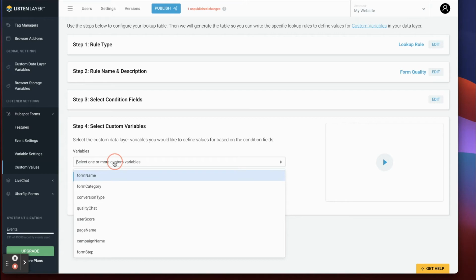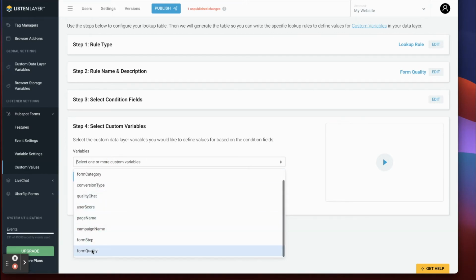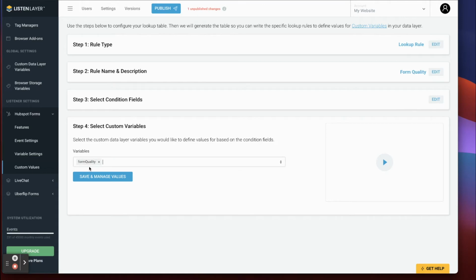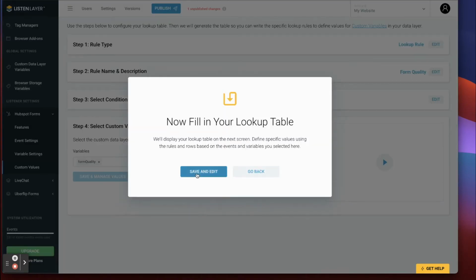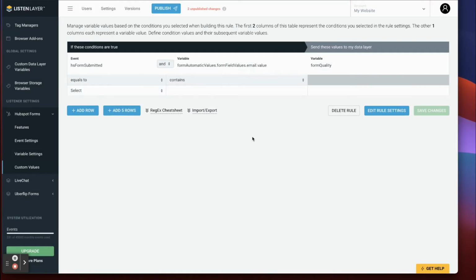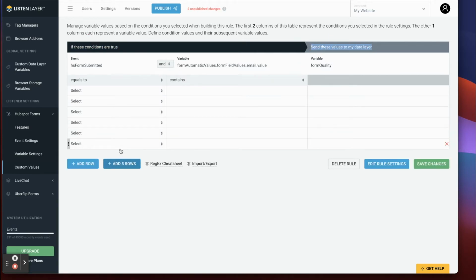Now I'm going to select the field that I want to populate when those conditions are met. And that is the field I just created called form quality. So now I'm going to click save and manage values. And what this is going to do is generate a table. On the left-hand side here, we have our conditions. And on the right-hand side, we have values. And we can add rows. And so how this works is